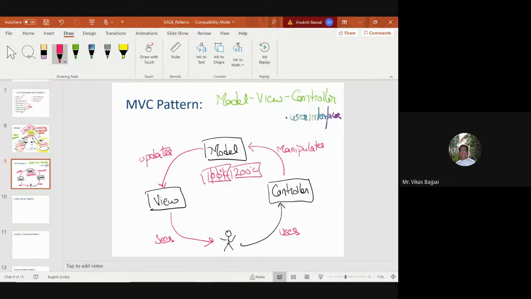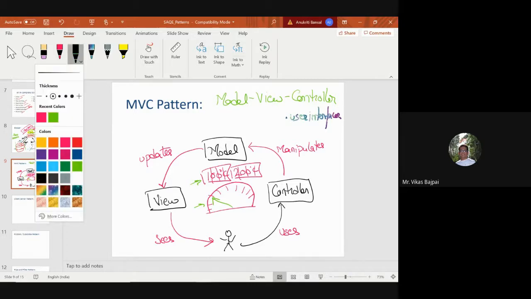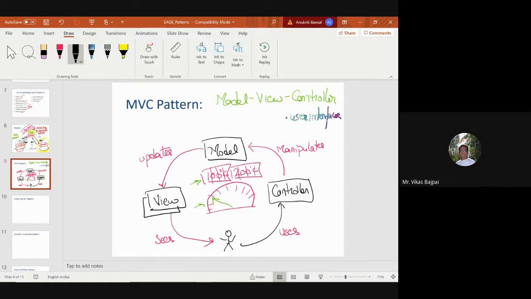Now I want a different view. In that case, I want it to be displayed in a meter. So I have this meter, I have these readings. So based on that, this is directing to various temperatures based on the current reading. So this is like one view, this is the other view. So in some of the literatures, you will find your view is also drawn in this way. Just to give you a feel that there are multiple views available to us in this particular pattern, right?